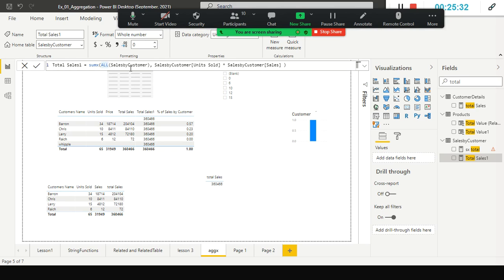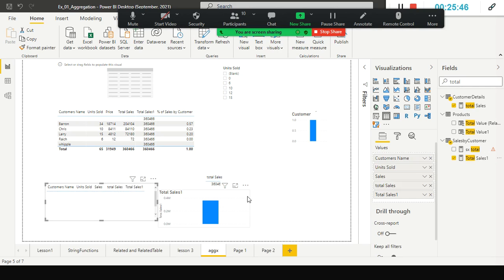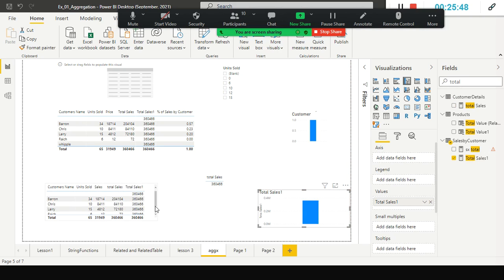Total sales 1. So what happens here is, if I drag and drop this, you see what happens. For each row, it created the same value.